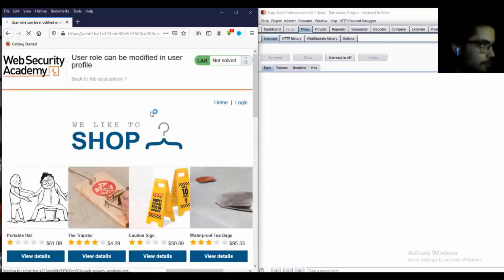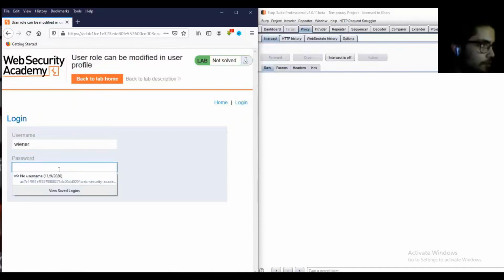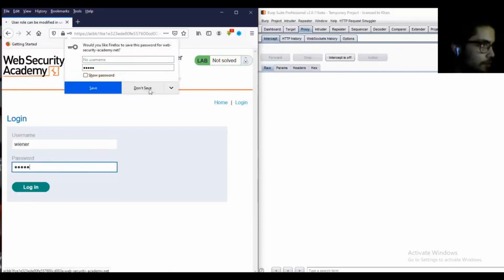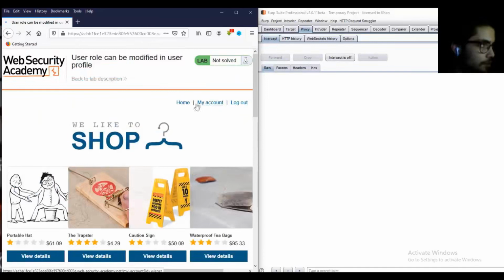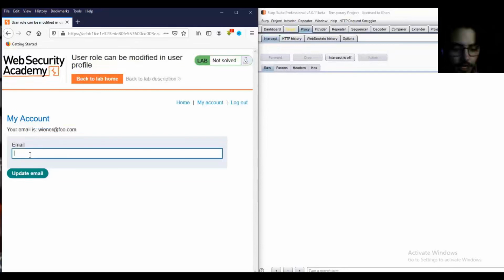And then, as you can see, you try to log in. And then you choose a winner and the password Peter. So, as you can see, there is a logout my account room. If you need to update your mail, I need to